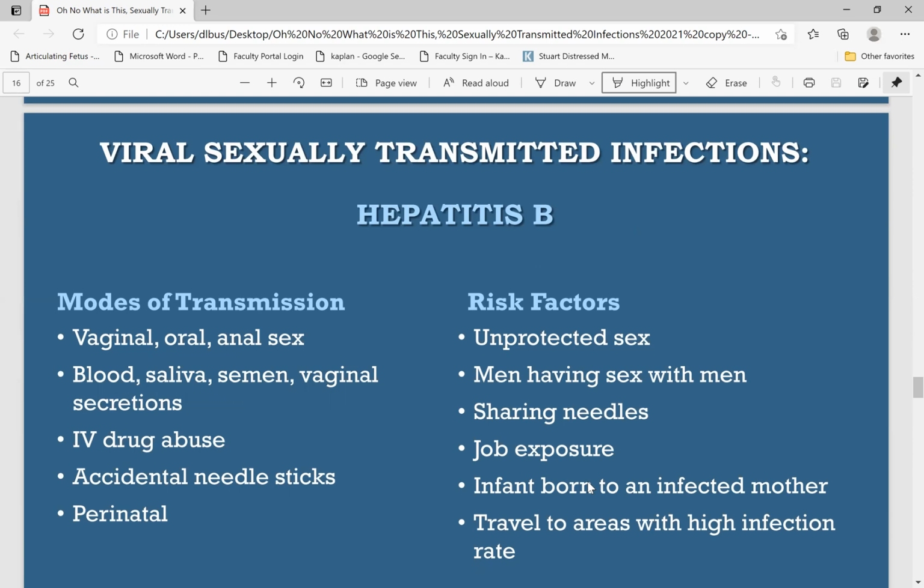And one of the risk factors is certain areas of the country will have a higher incidence of hepatitis B. So your risk is going to be greater by traveling to areas such as Asia, Africa, Eastern Europe, and the Pacific Islands. So, mode of transmission and risk factors